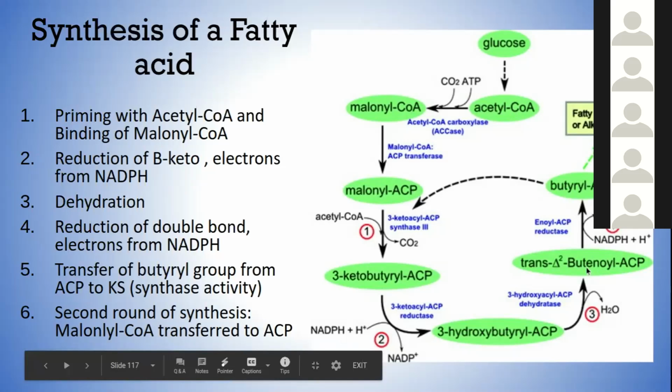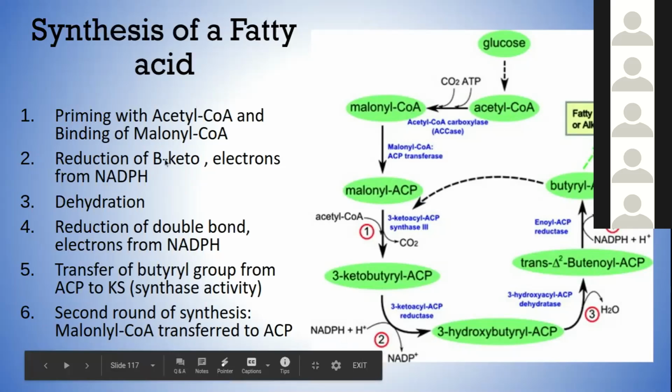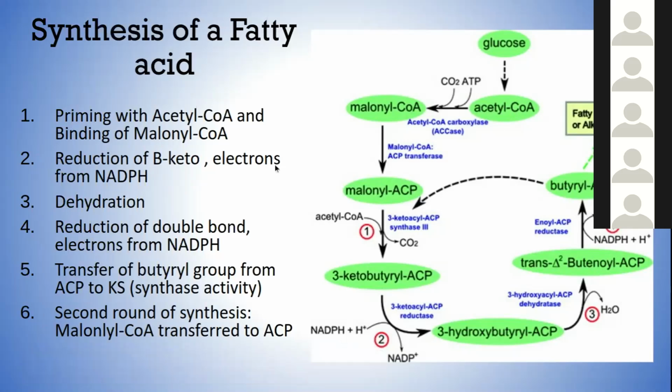And I think the way I used to remember, I would just remember the first letters of each of these steps. So P, R, D, R, T, and then the very last step, you basically keep adding more carbons onto your fatty acid until you finally have your final count for your fatty acid. So basically, you have the reduction, and then you transfer the butyryl group from ACP to KS, which is